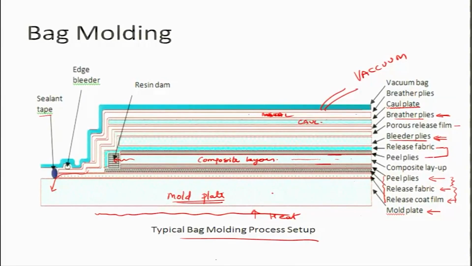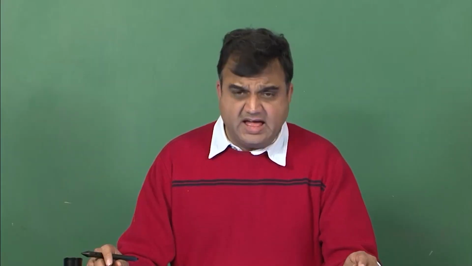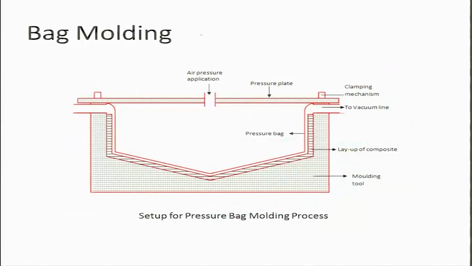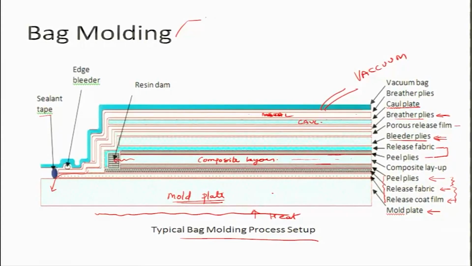Now this bag molding process is of 3 different types. The first one is known as vacuum bag molding, okay. Vacuum bag molding. So what happens in this vacuum bag molding is that essentially we rely on vacuum to remove all the air,